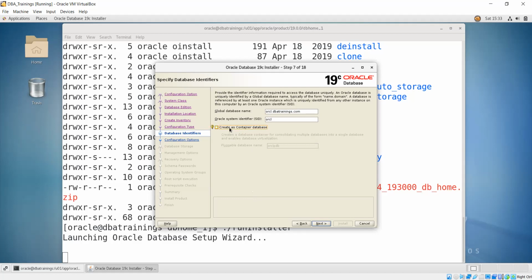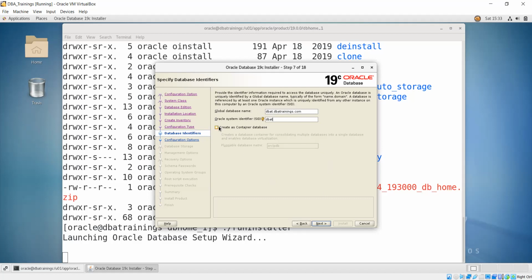I'm putting just dbatrainings.com, or I can use my own name, dbat. This will be better, dbatrainings.com. Got it? So I'm able to create it as per the need.